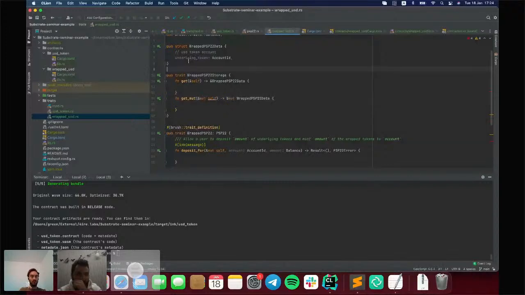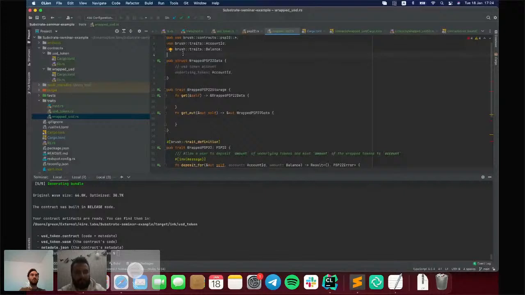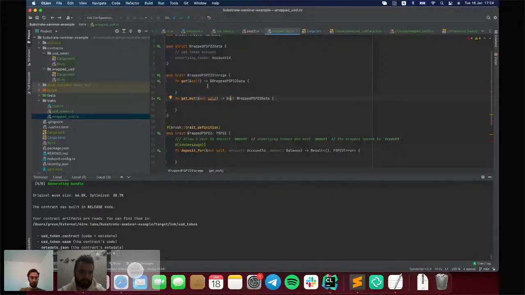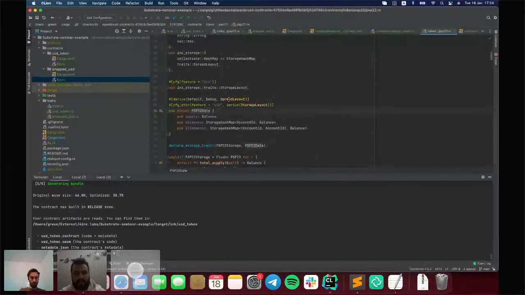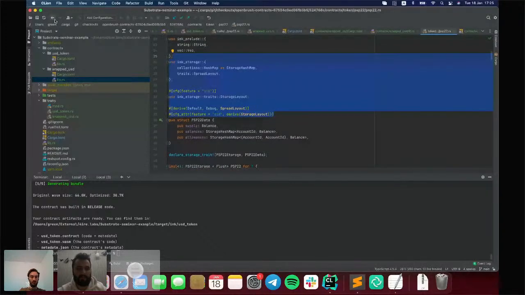And now all fields that we will use in our contract should implement some additional things from Ink. For example, OpenBrush already implements that, and it requires implementing spread layout and storage layout in STD mode. So let's do the same for our new data structure.